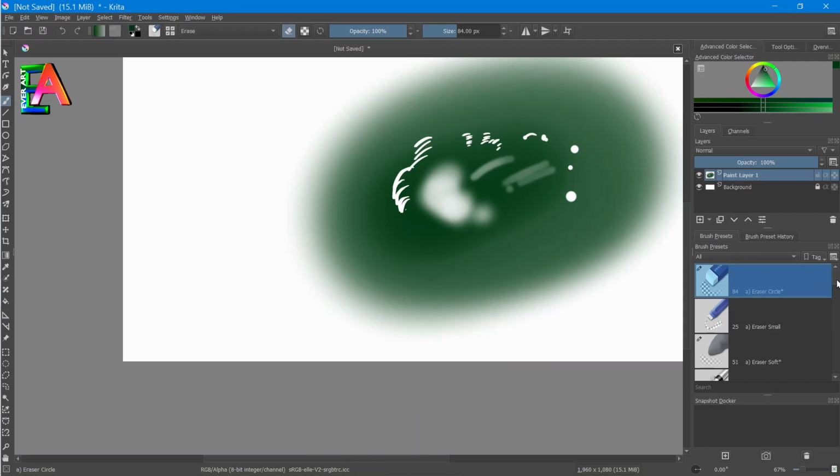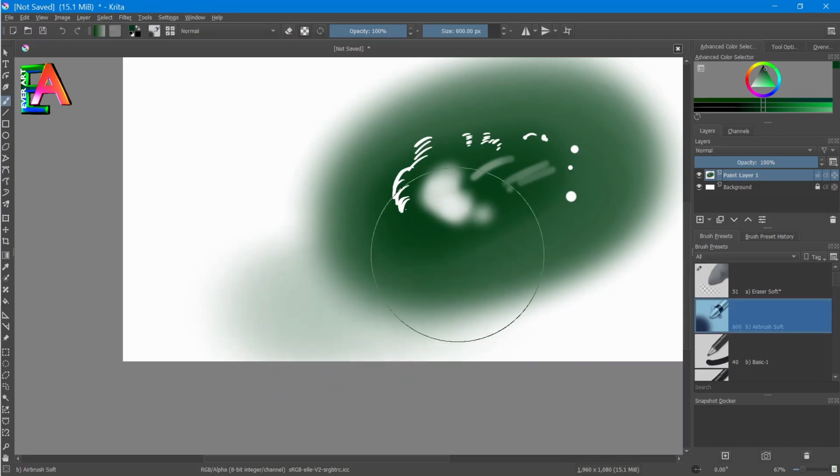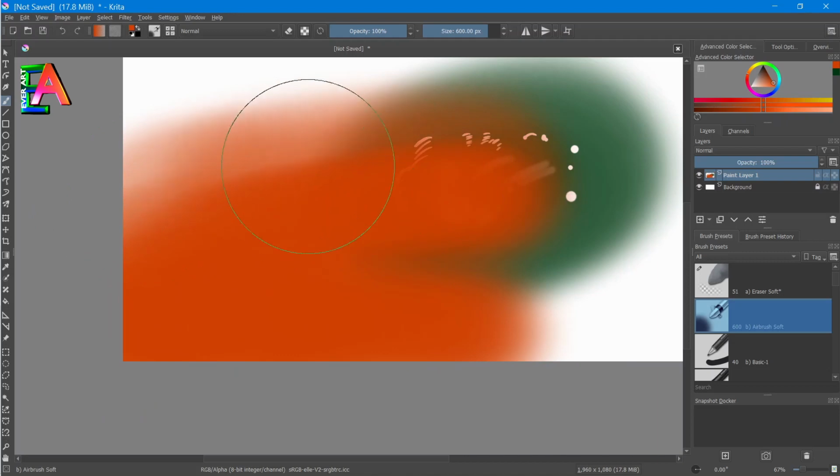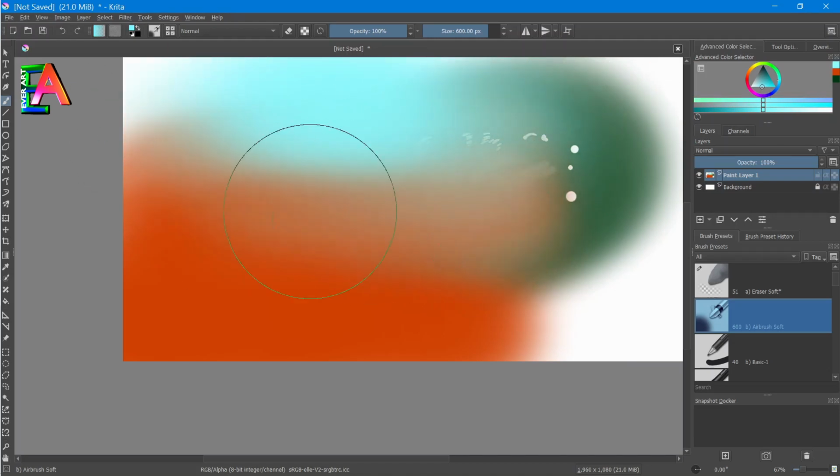And which I have used, this is the Airbrush Soft, and you can use this for making a background. So this will help to make a background like this. You can make a background, maybe a sky, a sea scene, or something else. So you can easily make a background using this, and you can increase or decrease the color contrast also. And if you think that these are too dark or too deep, then you can also decrease the opacity of this color from here.